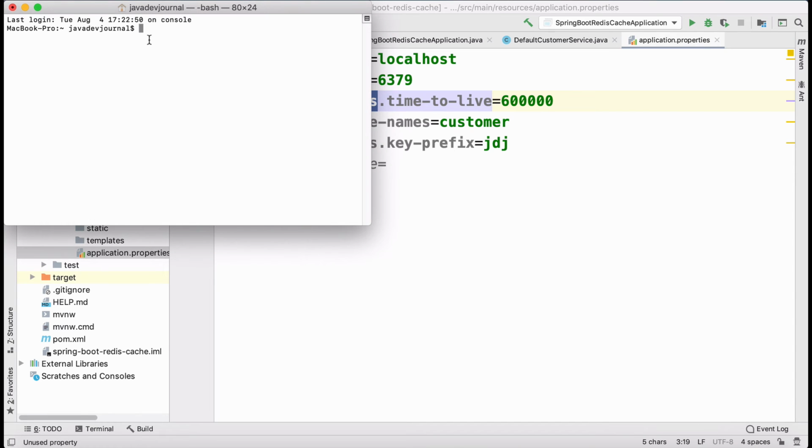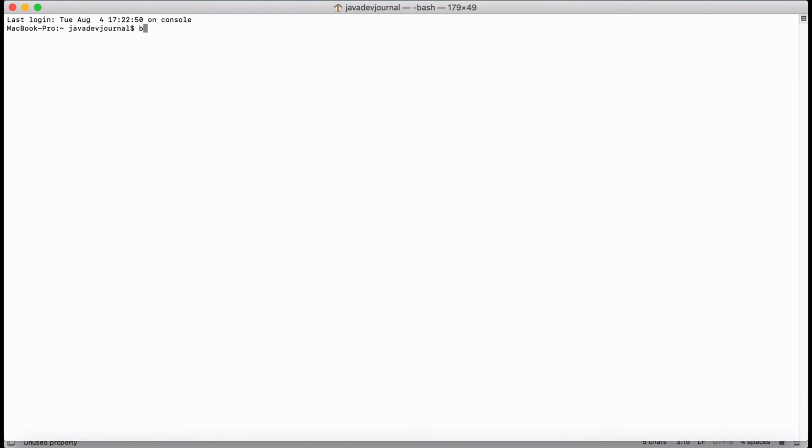All right, so now I'm going to start this application. At the same time, I'm going to start our Redis server. So I'm starting my Redis server. Okay, it was already started.